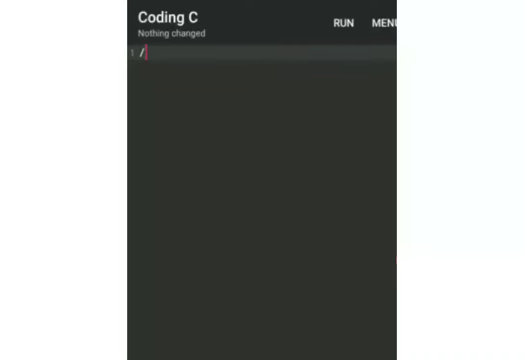So here addition of two numbers we'll see in the terminal. First we'll declare the documentation section. Hash include stdio.h.